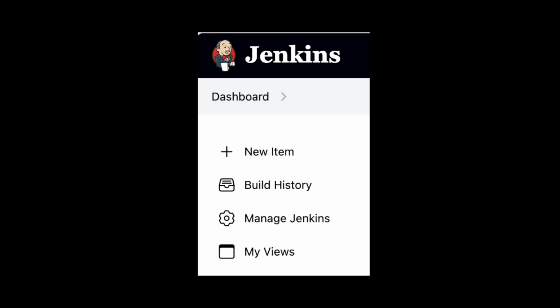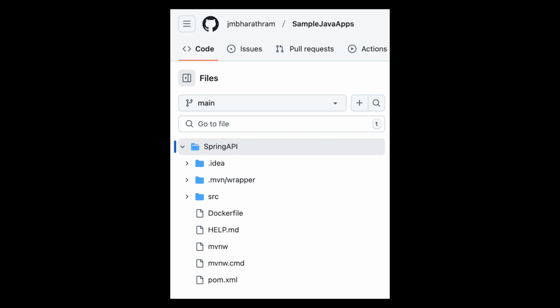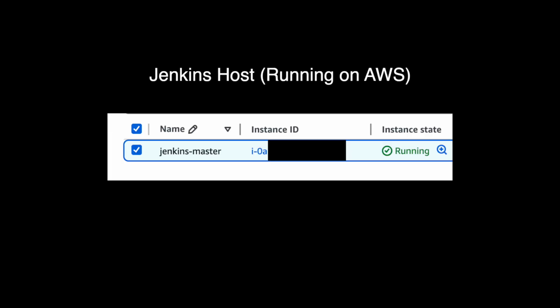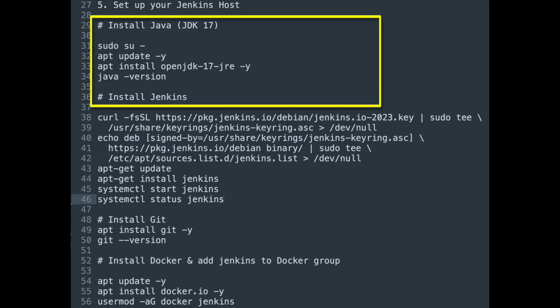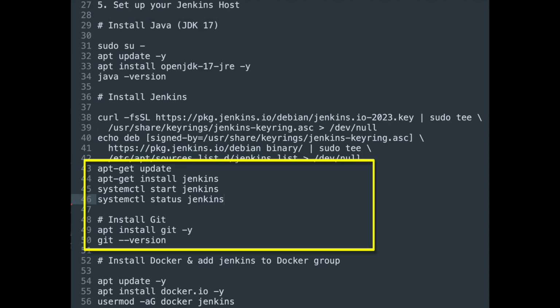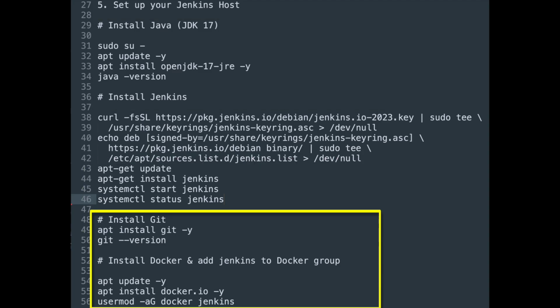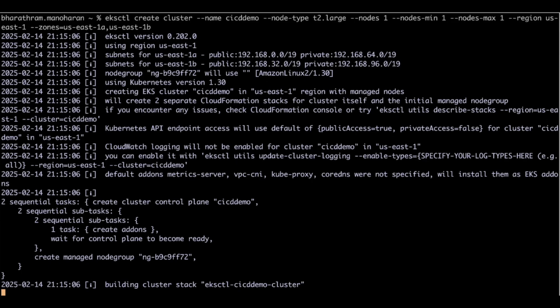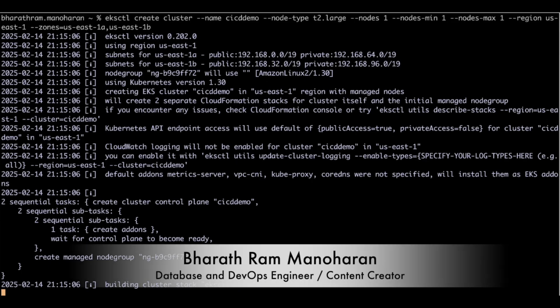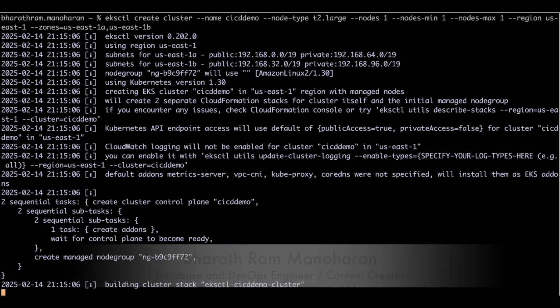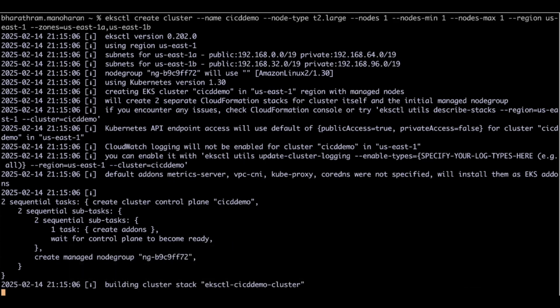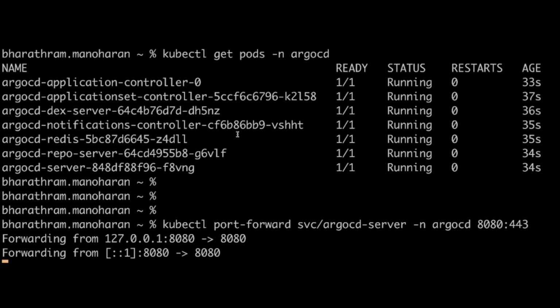We're going to be building this pipeline in Jenkins. Of course, our code is going to be in GitHub, and we are going to need to install a lot of things on the Jenkins host, like for example Maven, Docker, and Git and whatnot, right? So we're going to install a lot of things on the Jenkins host. We're going to create an EKS cluster using an eksctl command, and we're going to deploy Argo